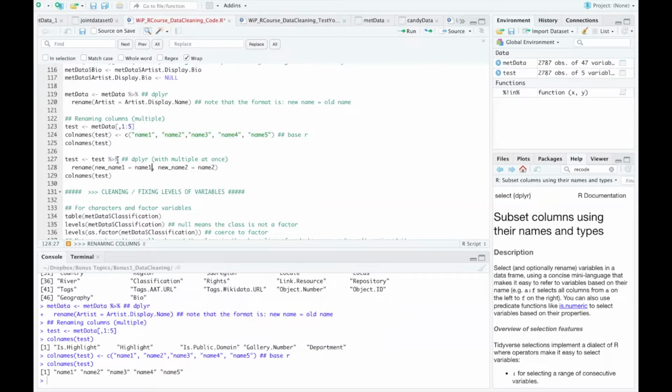Okay, in dplyr, you would do this very similarly as above, except now what you're going to do is separate each new column name by a comma. So rather than concatenating it like you have here, you're just going to say, okay, I want to rename the column called name 1 with new name 1. I want to rename the column name 2 with new name 2. So the reason that this could be nice is because you don't have to actually manually rename every single column, which is nice. So for example, if you tried to do this,